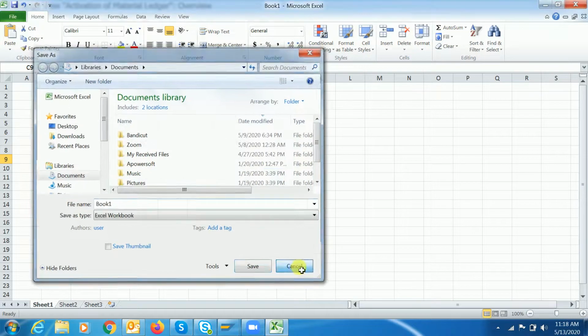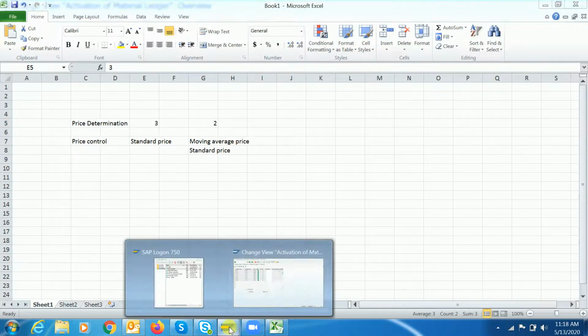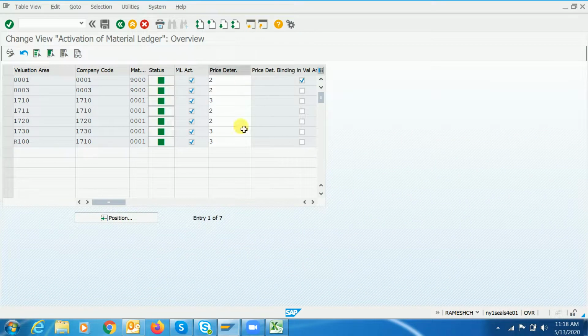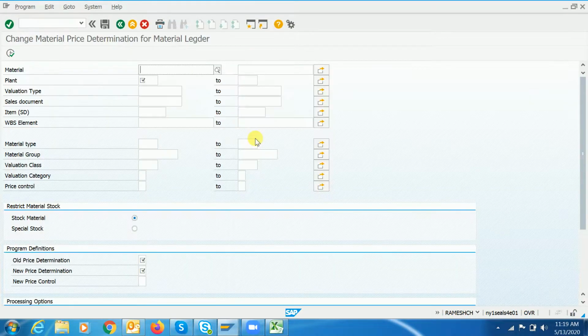Let me show you what type of error we'll get if we try to maintain a moving average price in this case. For the test, you have to use CKMM as the T code, guys. This is the T code where we change the price control for the materials.